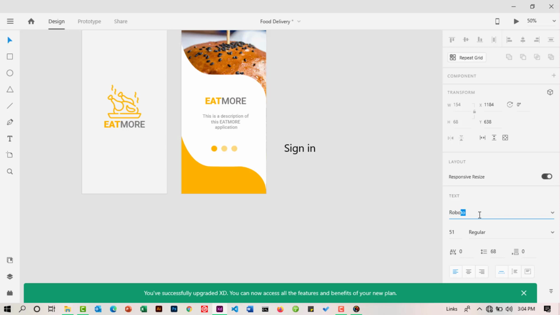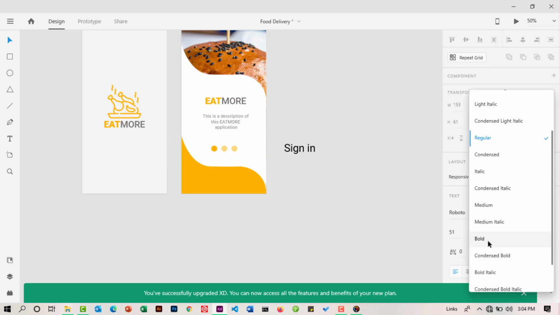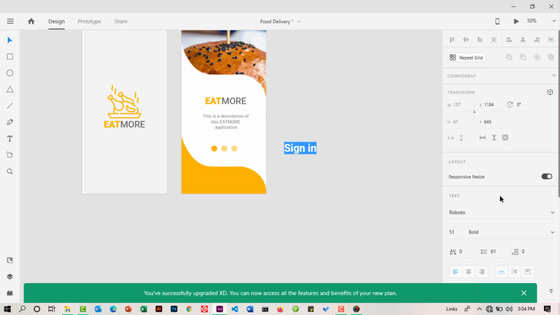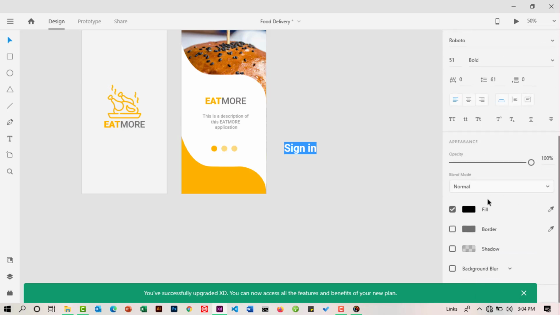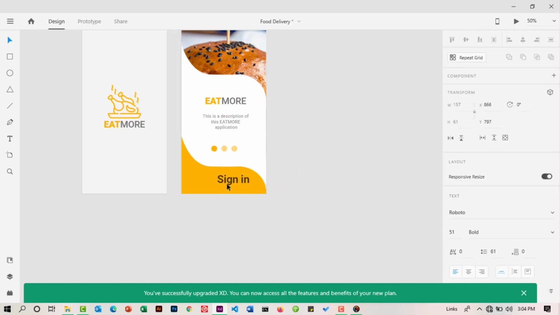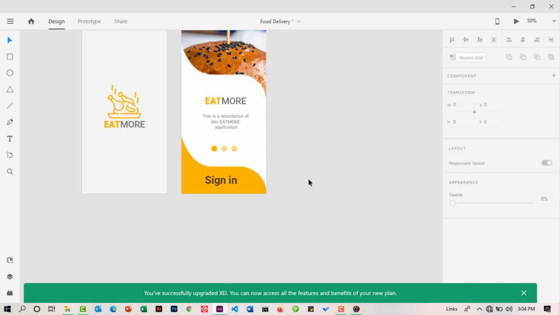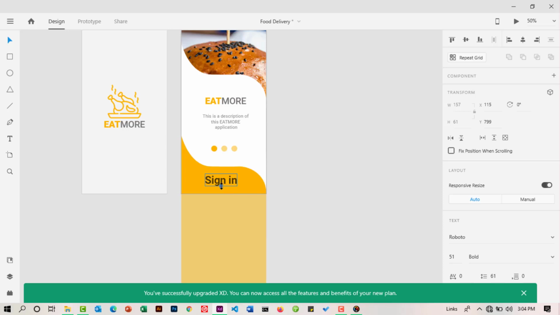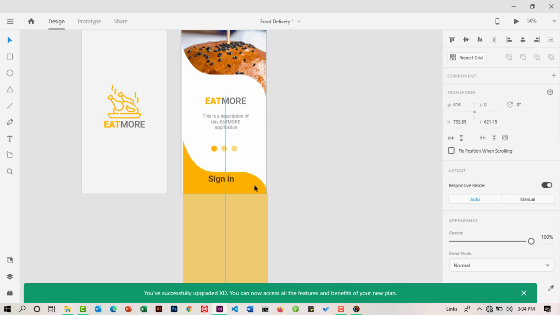So Roboto, and let me just make this bold, and I usually don't like this dark color, so I usually want to reduce the opacity a little bit, maybe to something like that, and I can have it here. That looks quite big. Let me just resize it a bit, maybe something like that. And you know what, we can also drop this down a little bit,